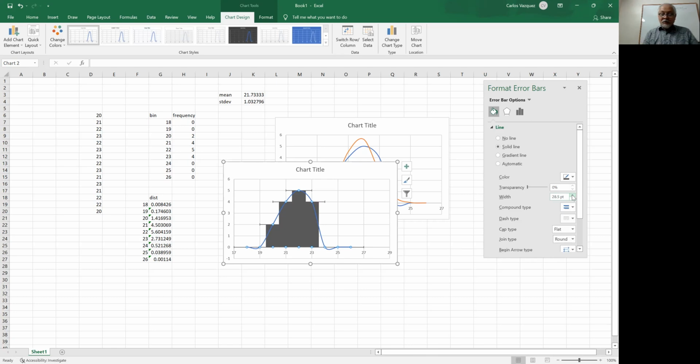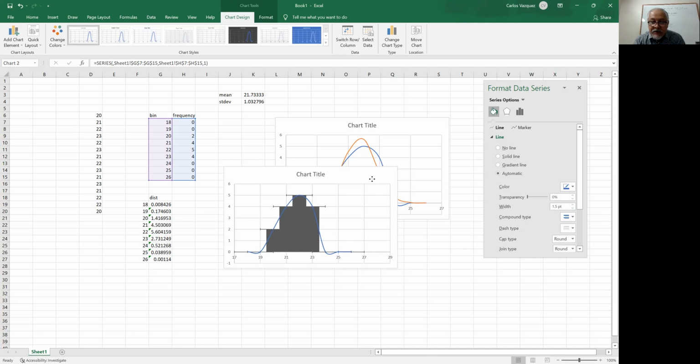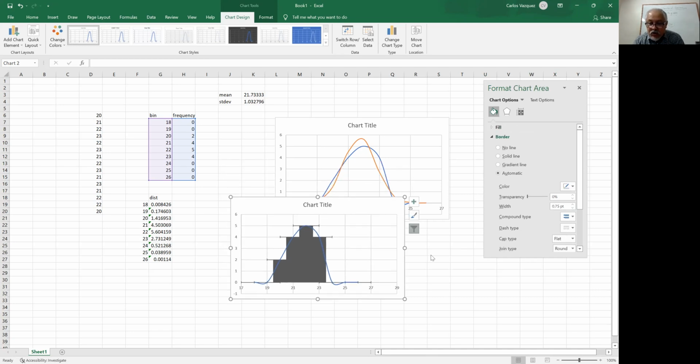Perfect. Now, let's also create the normal distribution right here in the histogram. Let's repeat again the steps. Let's click on the graph. Correct. Click on the graph and go to add. Where is it? Right here. Where's the graph? This is the graph. Okay, perfect. Go to select data. Correct. Add